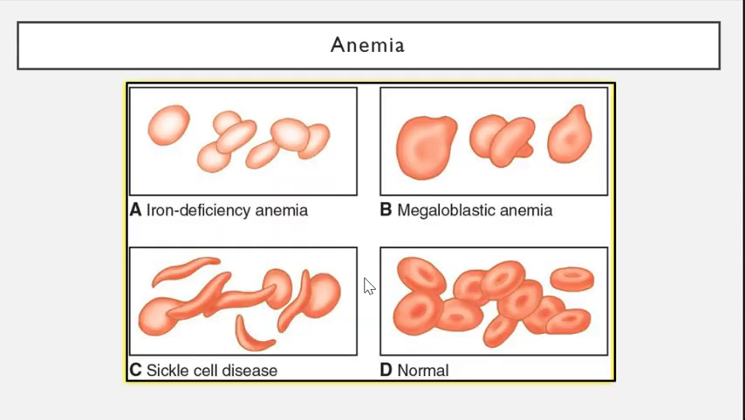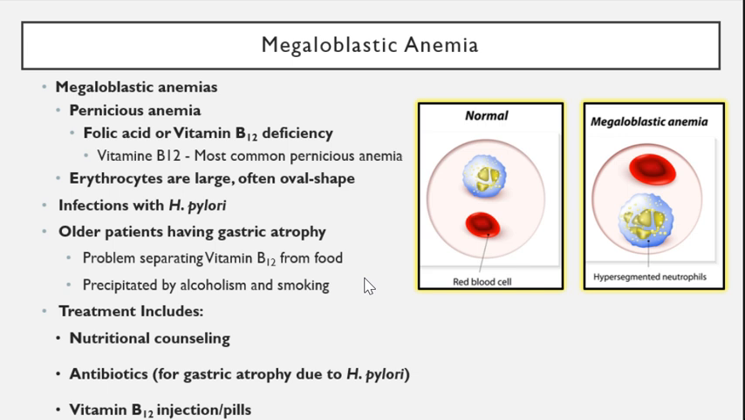All right, but anyway, there are different types of anemia. We've already talked pretty well about sickle cell anemia, but we'll touch on it again. The first type of anemia is megaloblastic anemia, and this is where